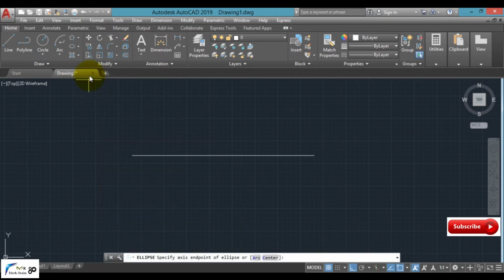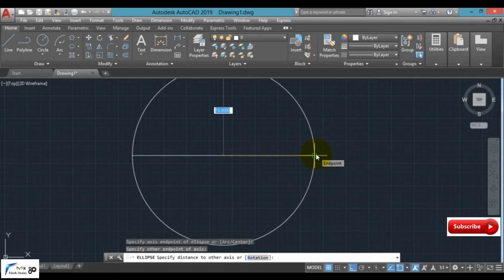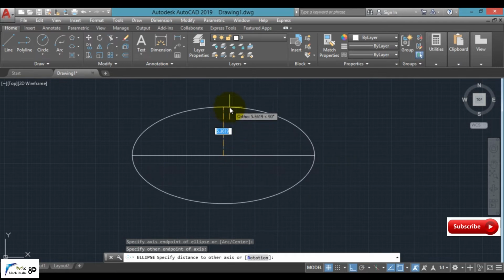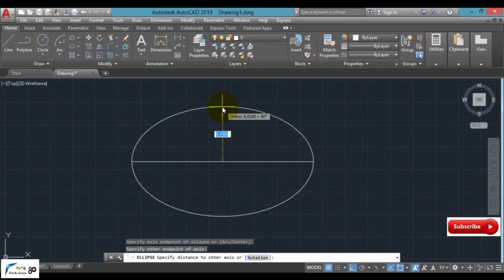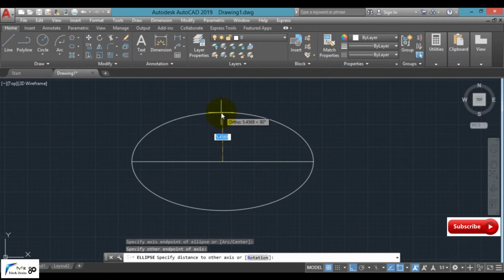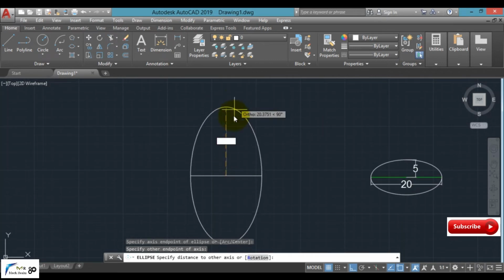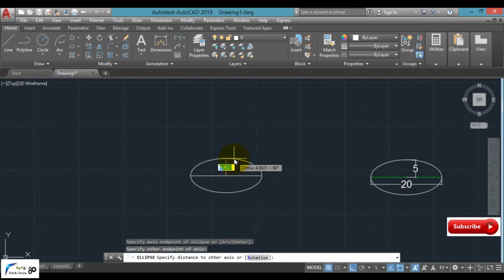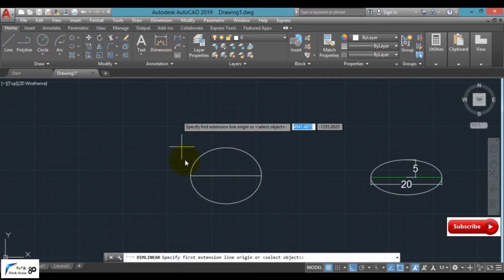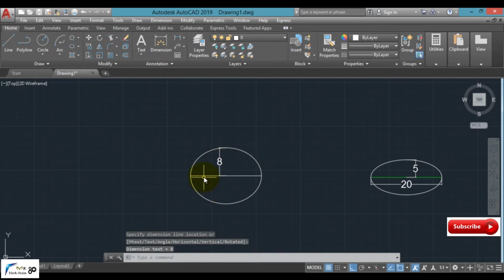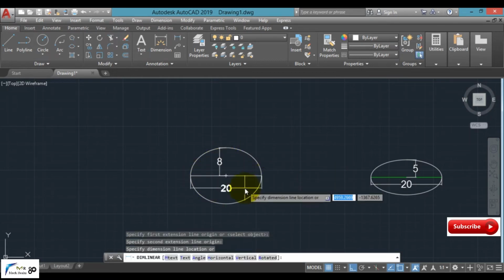Simply select the axis endpoint. In this case we have to select the major radius start point and end point, that is the axis start and axis end point, in order to define a radius, that is a dimension between the two lines. Now scroll the cursor up or down in order to select the second radius, that is the minor radius, or you can make it a major radius by dragging the mouse like this. Clear? Now let me introduce another radius of 8 mm. So our ellipse has been created with a minor radius of 8 mm and a major radius of 20 mm.